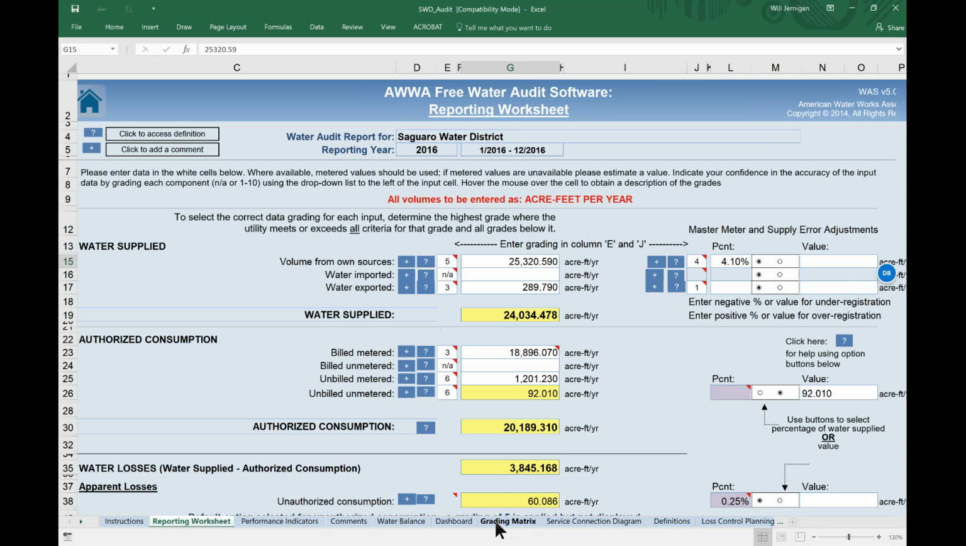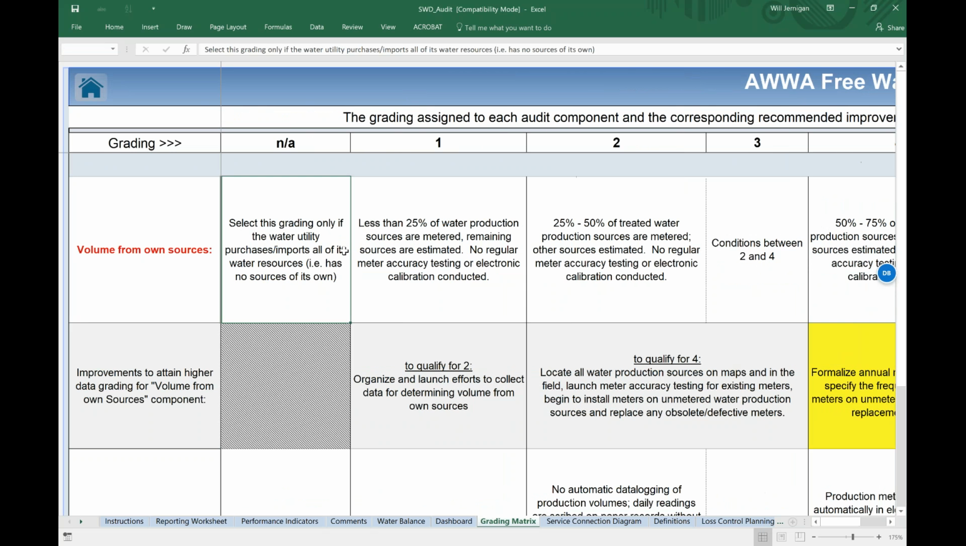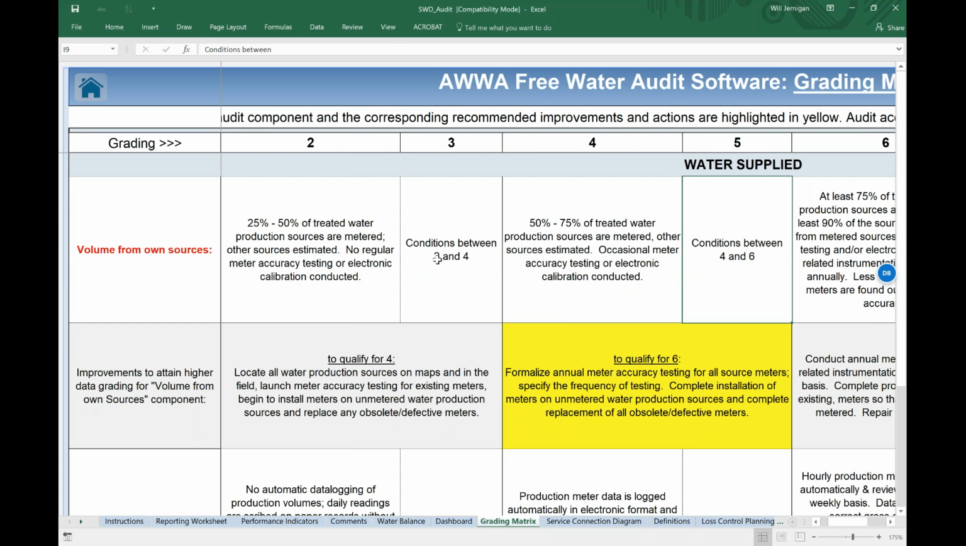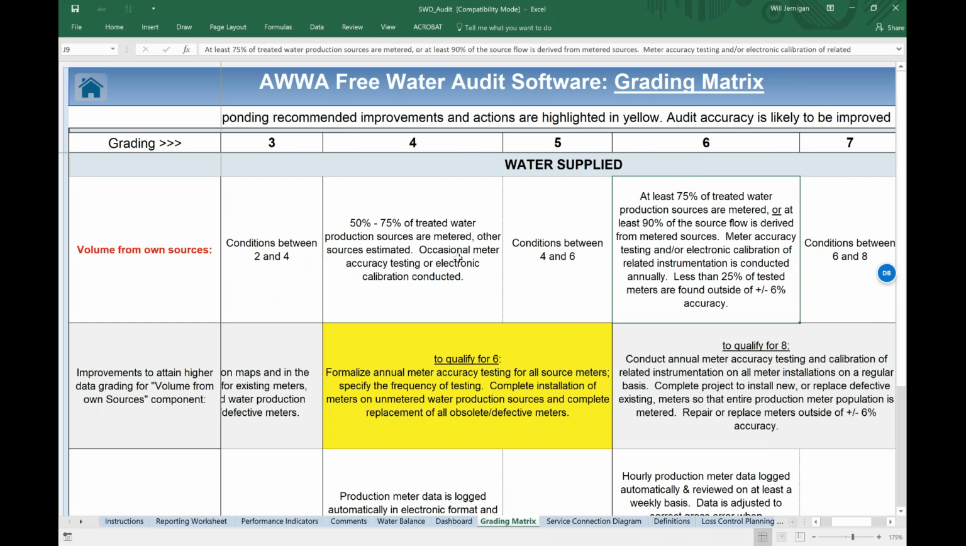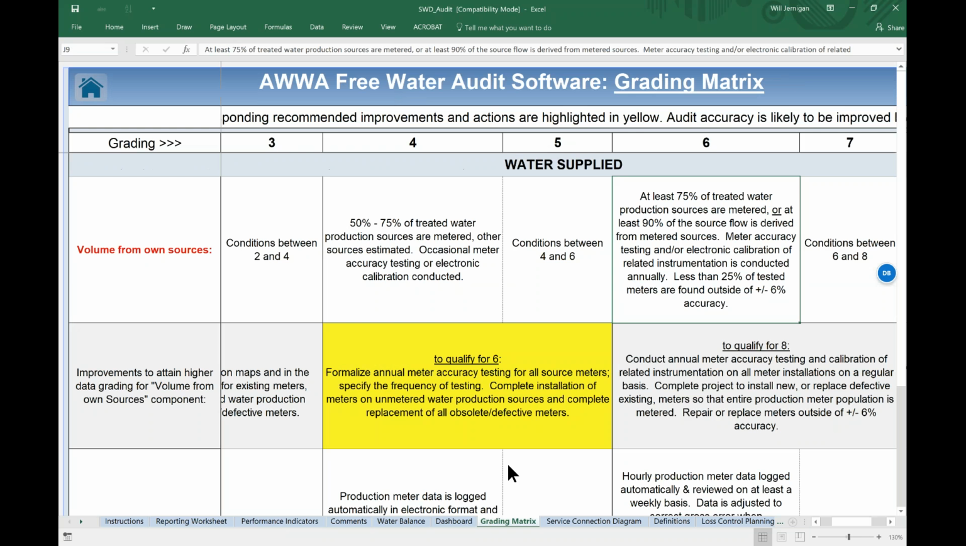I wanted to point one important feature of this matrix out, and we're going to just dial in on, again, this very first input, volume from owned sources, and you can see graduating from a grade of 1, 2, all the way up to 10. We've got this first line which shows the criteria, and we're looking for the highest grade where we meet or exceed all of those criteria as well as the criteria below. Well, in this case, you can see that the 5 is selected,